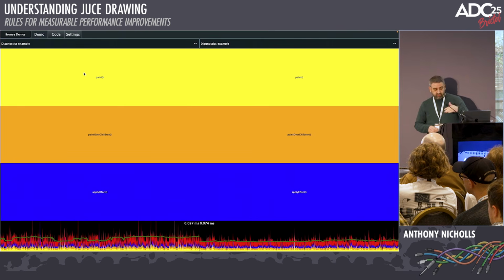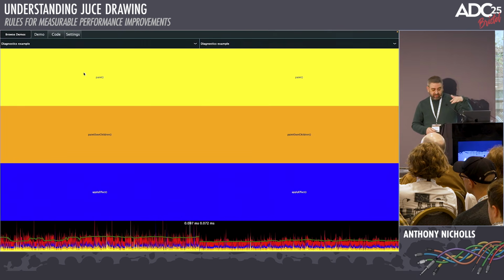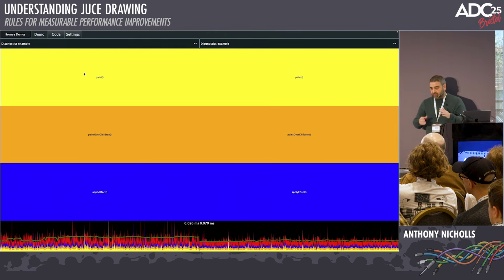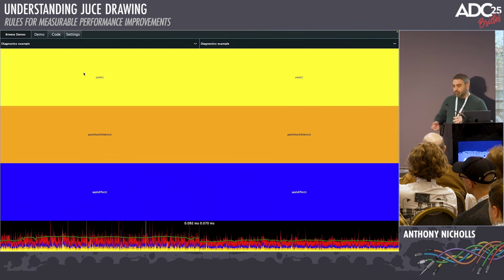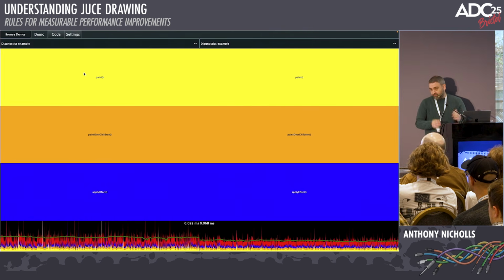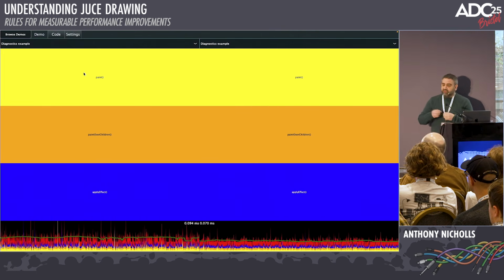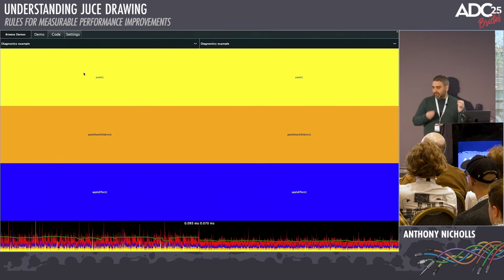On top of that, we've got the orange, which is the paint over children. On top again, the apply effect, and then everything that's red is basically all the stuff in between. It's all the stuff that wasn't your user code. It'd be the stuff in JUCE, and there could be various things going on there. And it's useful to know that the things you call on a component, the effect they might have on those